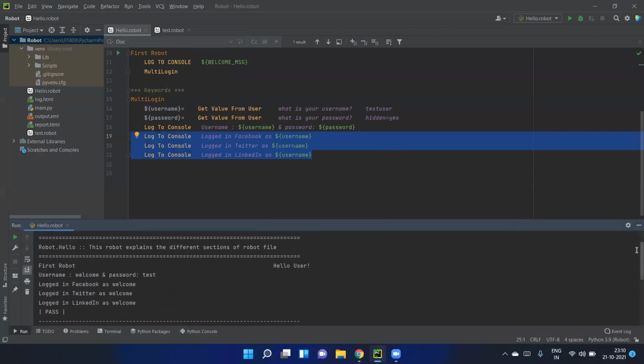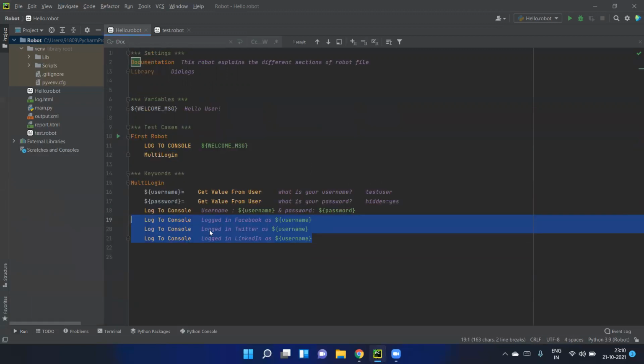So this way we can have the entire control from our side. And one more thing is, you can even use the entire keyword section as a separate .robot file. You can import that. The same way you can have only the test cases inside a .robot file. That will be the separate architecture. And let's say you will be having only variables. For example, if you are going for Selenium automation, you will have all the locators in the separate variable sections, and that file specifically will have only variable sections. So the modularity you can achieve by using different robot files with the different sections.